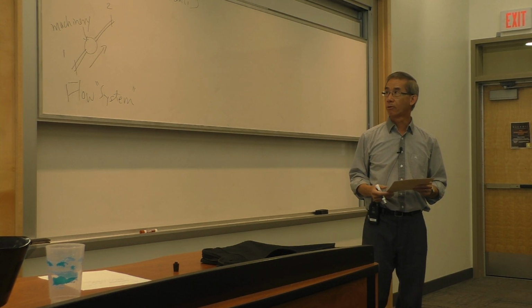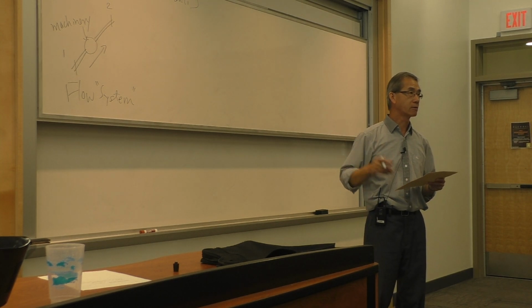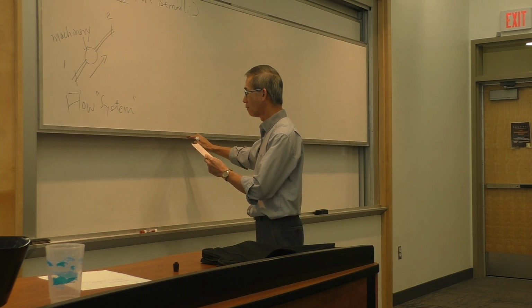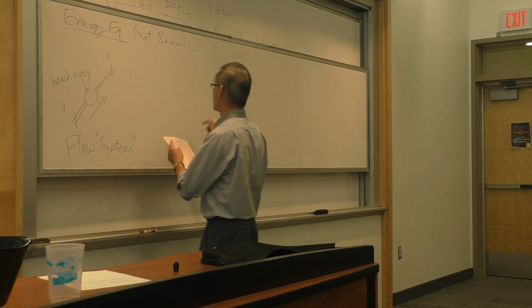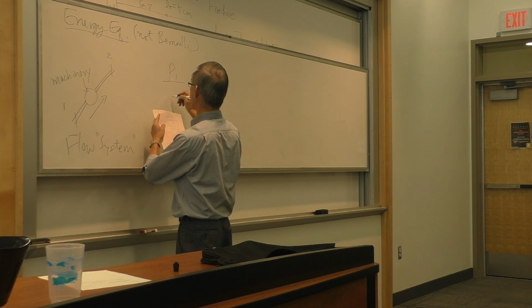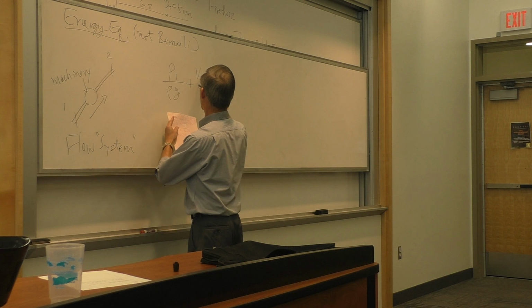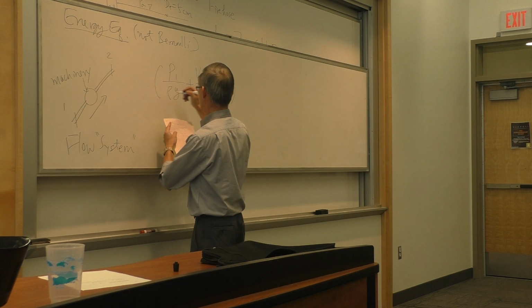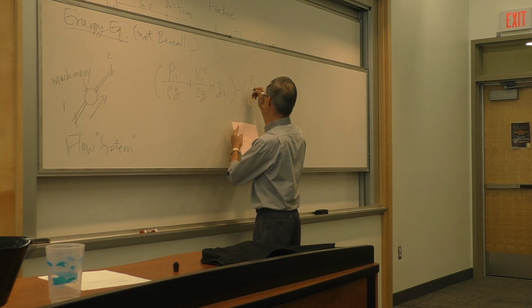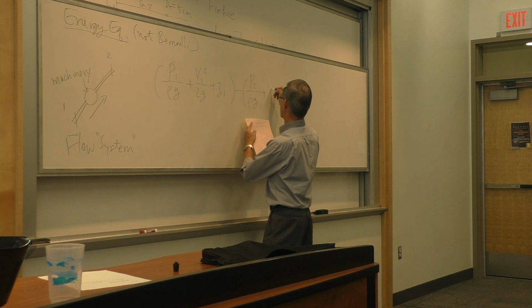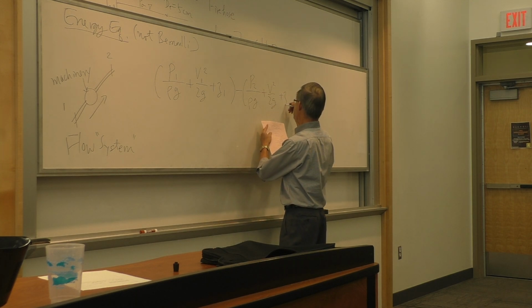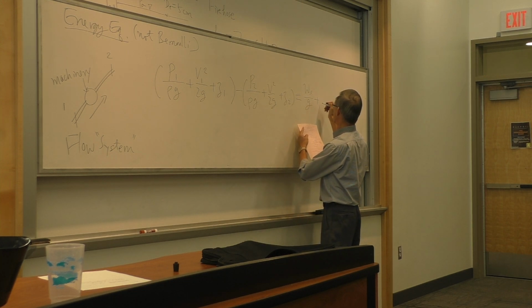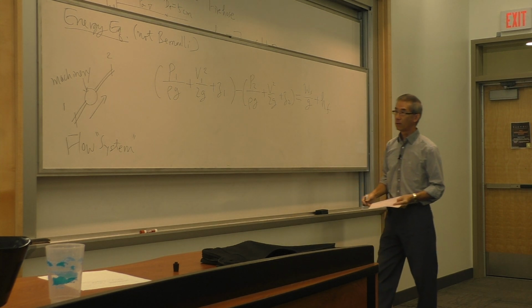And I have an inlet point and exit point with the flow direction, in this case, going from 1 to 2, which is different from your homework. You are asked to figure out what direction they go. So with this picture, then my energy equation consists of the left-hand side